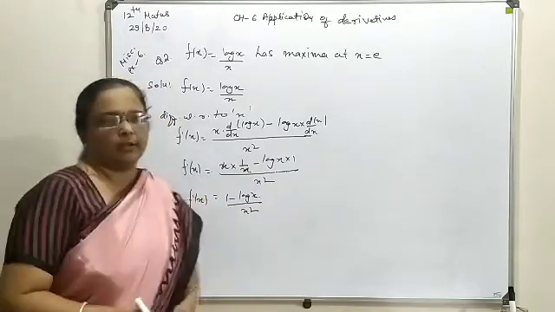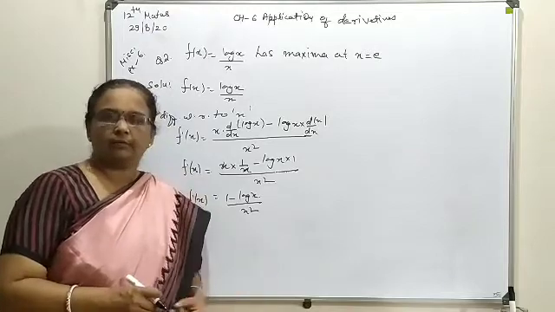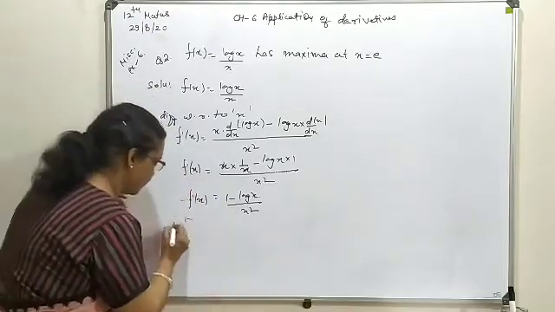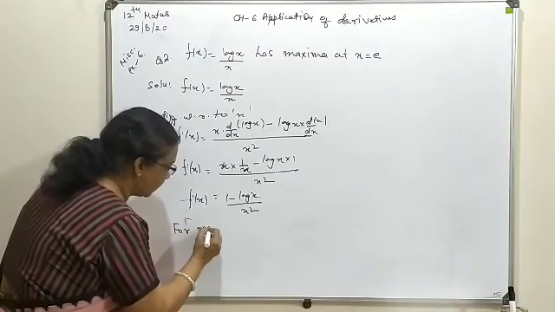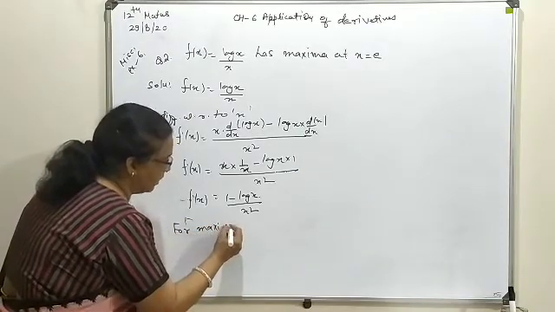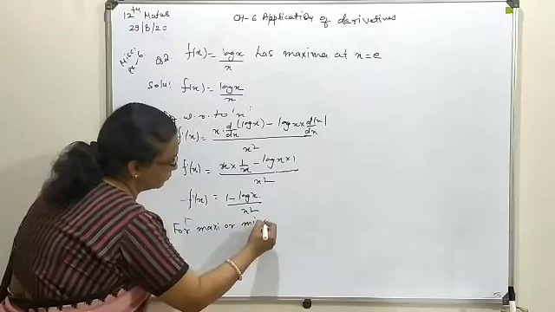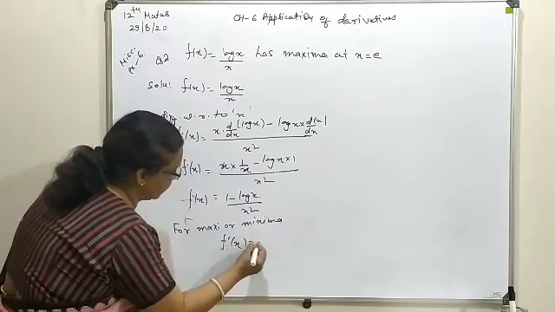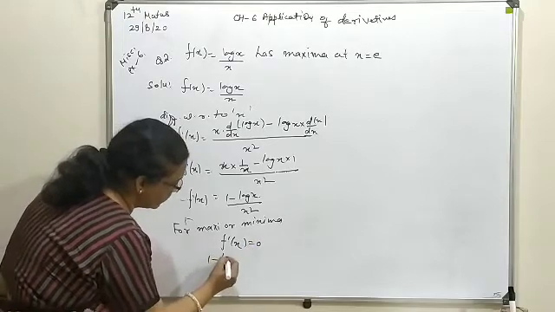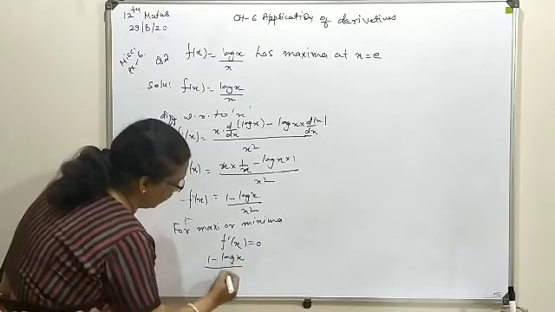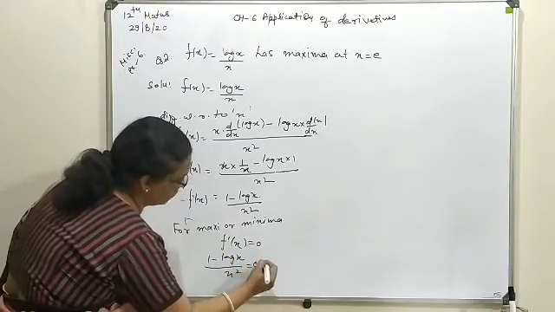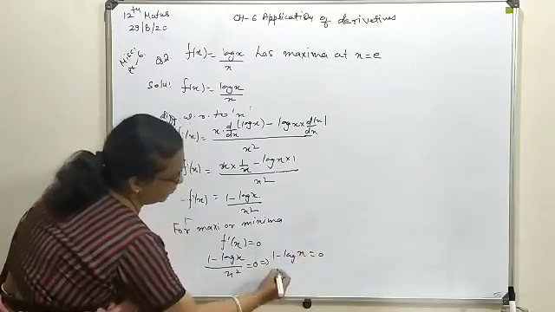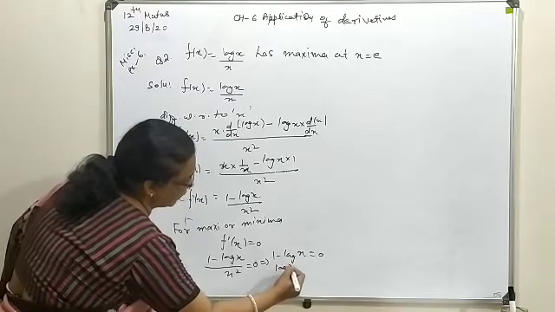This will proceed for evaluation of the x value. So here we go for writing the x evaluation. The next step, for maxima or minima, is to consider f dash x as 0. That means 1 minus log x upon x square you will take as 0. So from here what will you have? 1 minus log x as 0. So finally you can say log x is equal to 1.